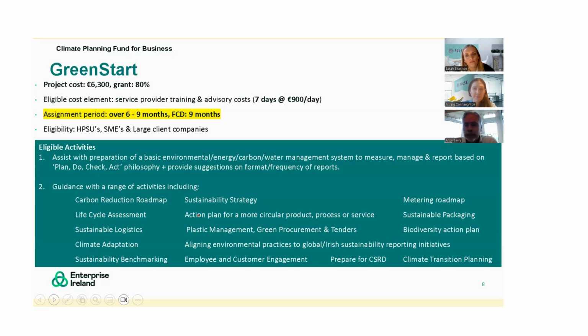you have to have your data in place, sliced, diced in proper order, and you have to be able to demonstrate progress. Even if you're not in scope and you're providing services to companies that are in scope, you really need to have your data in order. The last thing you want is to have a big client such as Guinness or somewhere like that suddenly say, we need this information. And if you're a supplier that they have to use, fine, you can have time to gather it. If they can use another supplier, they may well do to get themselves into condition. I don't know if you agree with that, Aisling, as the start now is the best process.